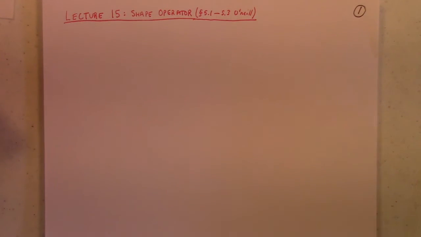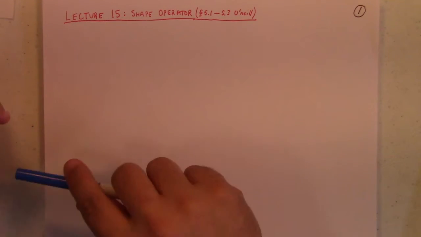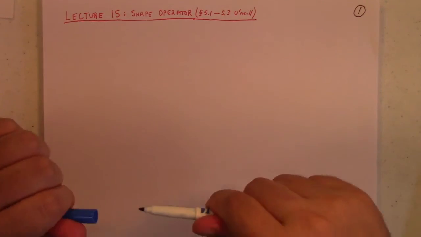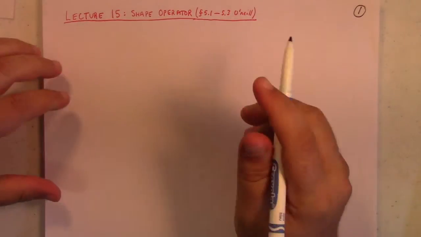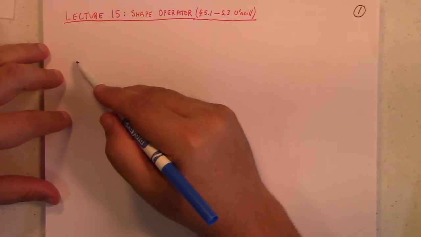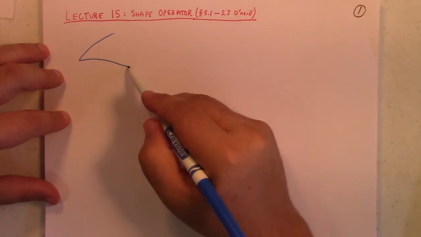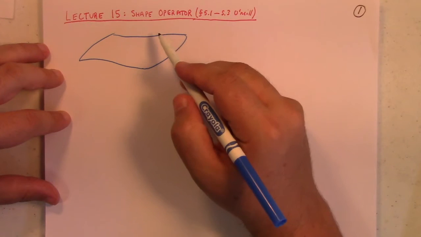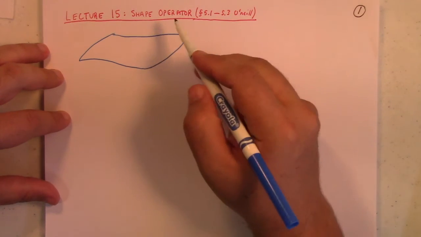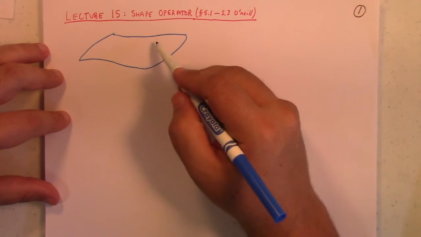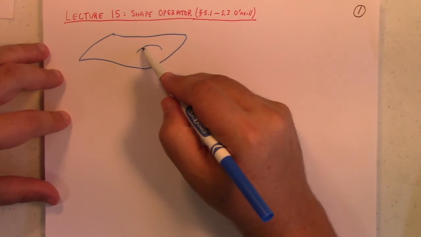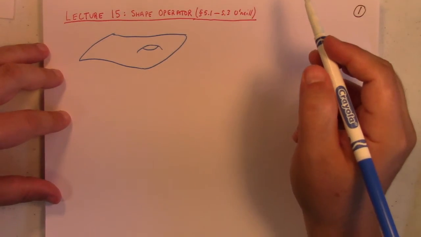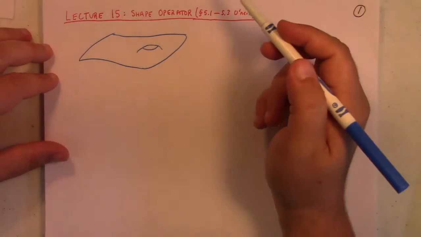All right, so this is lecture 15, which is on the shape operator. Just a brief comment here. So we're considering some surface in R3. It's some kind of two-dimensional surface, in the sense explained in chapter 4. There are some local bijections between R2 and this thing, and we want to understand what it looks